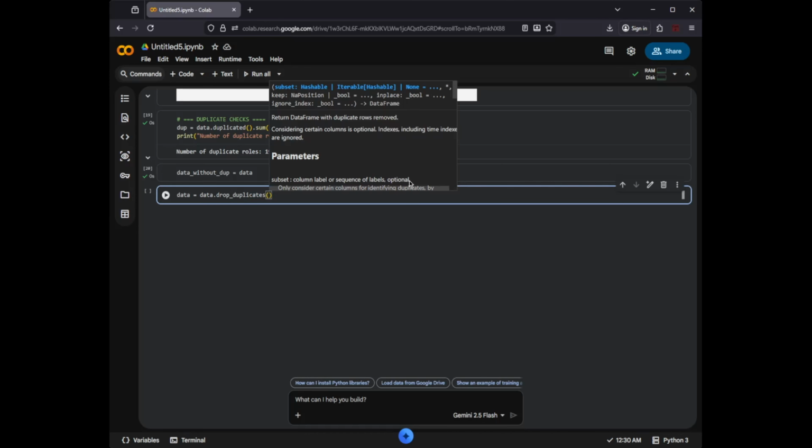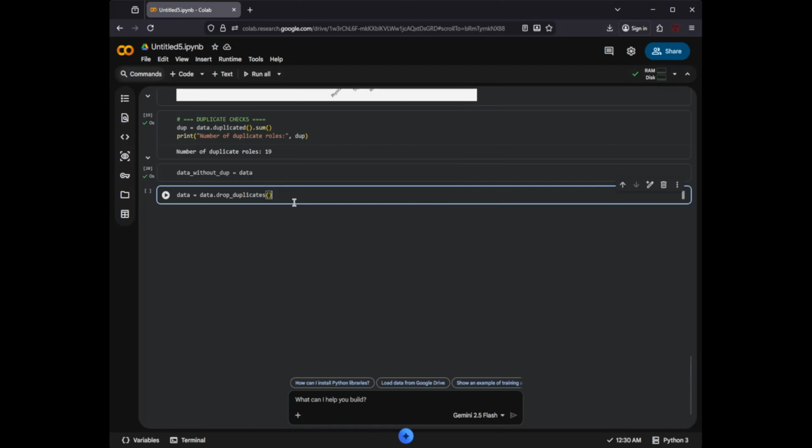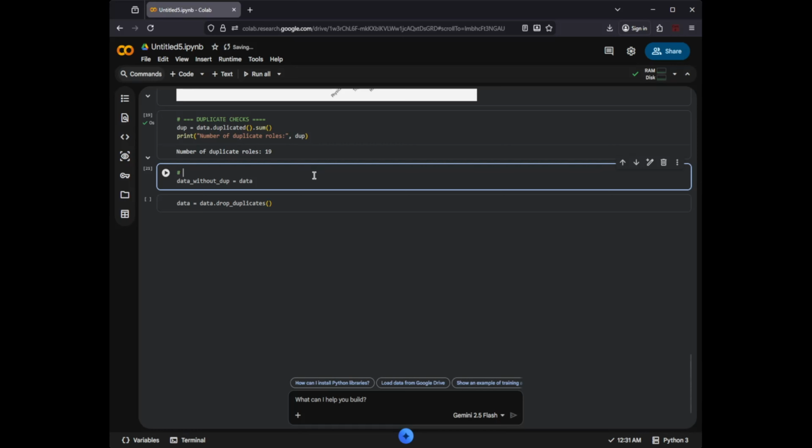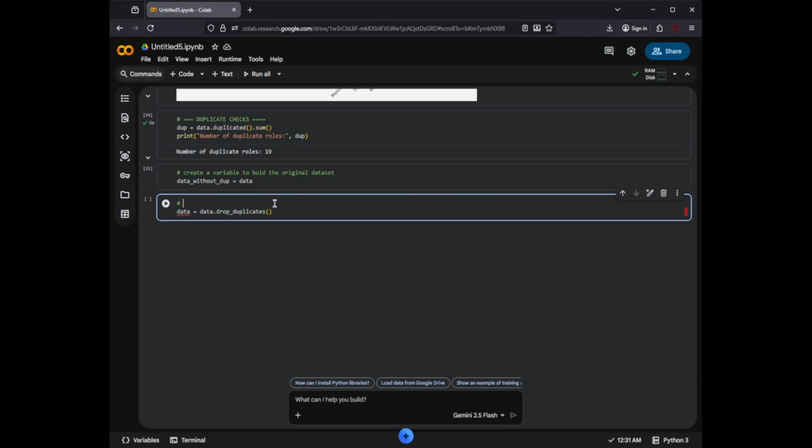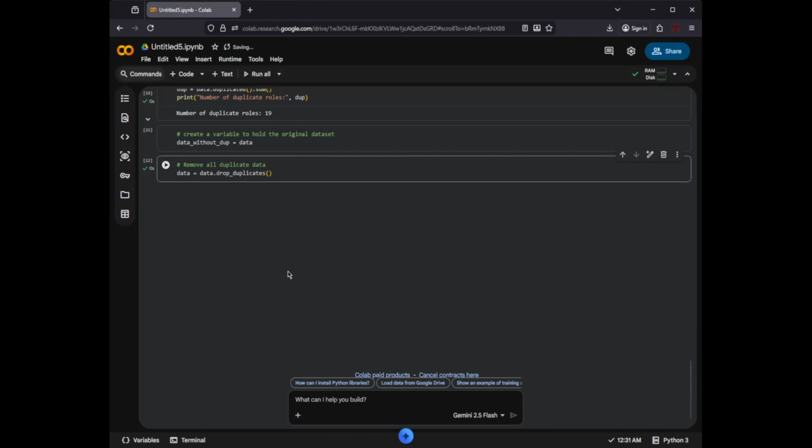So we are dropping duplicates, right? And then if you want to drop duplicates, this is the code you use. So let me create a variable to hold the original data set, right? And now remove all duplicate data. All right, so now create this, do this, and then if we were to visualize this again,